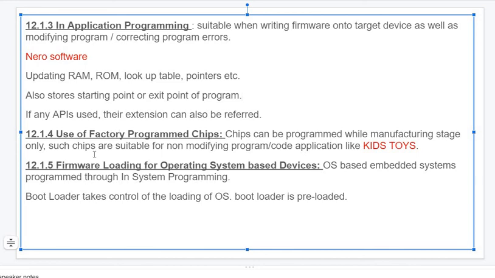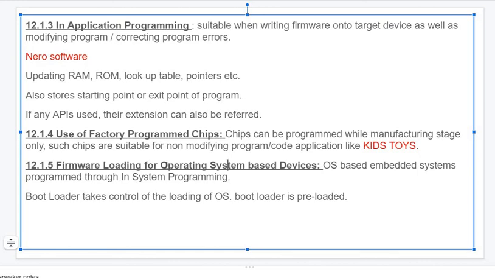Okay, so the last point with respect to this is firmware loading for OS based systems. If we are not using simple systems like kid's toys, and we are interested in developing a little more complex embedded system, then definitely instead of the super loop approach, use the OS based approach, which we studied in module 3, please recall.